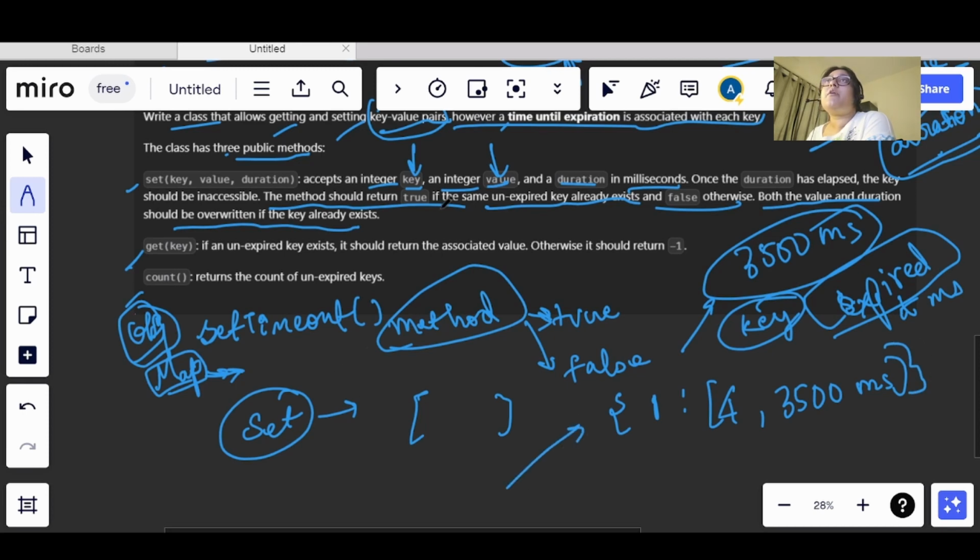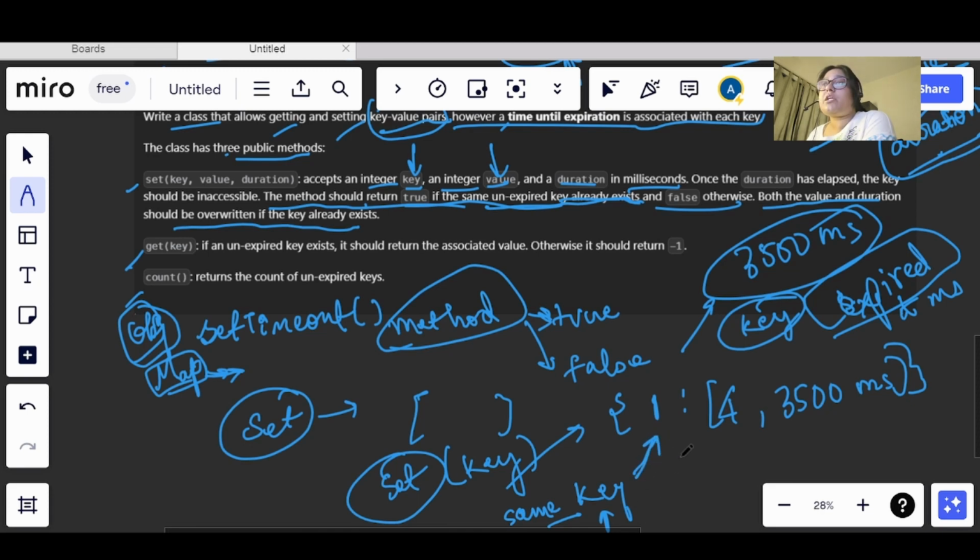Now what we have been told here, that the method should return true if the same unexpired key already exists. Means that before we are setting any value, we need to see whether the key already exists or not, okay. So there is a possibility that we can try to insert the same key. In such a condition, when we are inserting the same key, what should happen is we should see whether this value already exists or not, and whether it is expired or not.